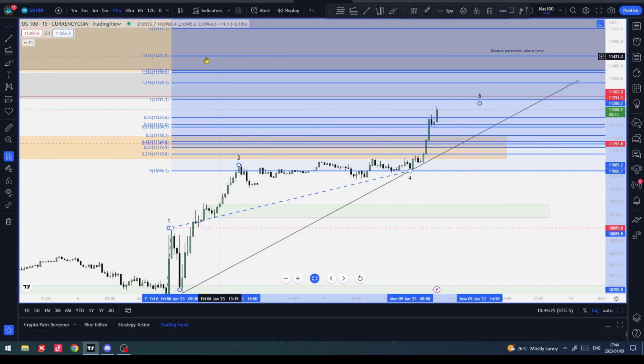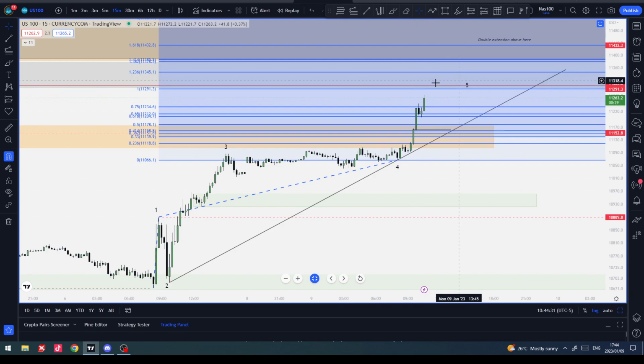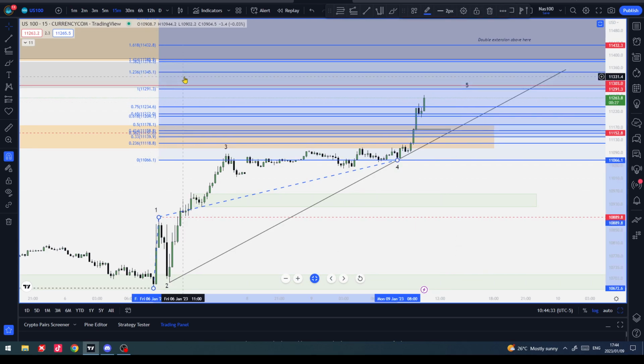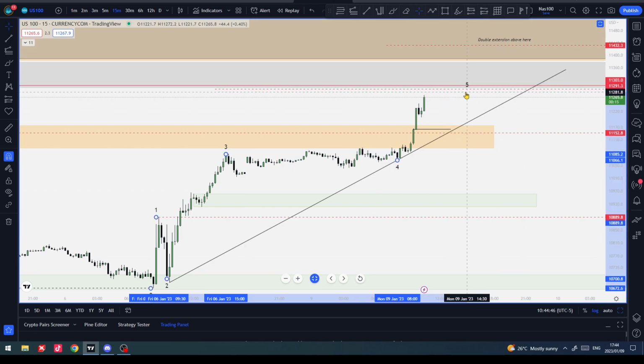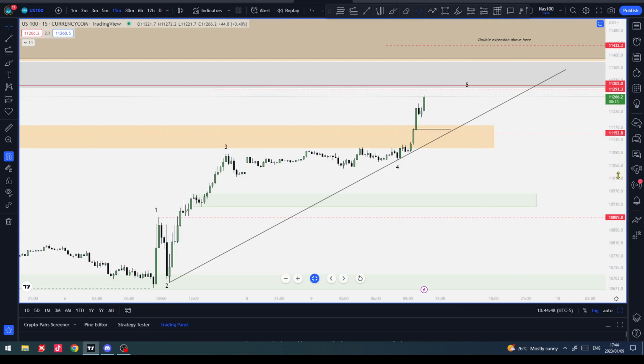Anything above 1.618 over here would be considered a double extension. That means 2 extended waves in an impulse. I don't want to see that if this is a 5-wave move. So I'm wrong about the 5-wave count above there. It's something more. So anything between here and before the double extension I'll take, but the lowest hanging fruit obviously is the 100% extension of wave 1, and I'll TP in about $30 time.